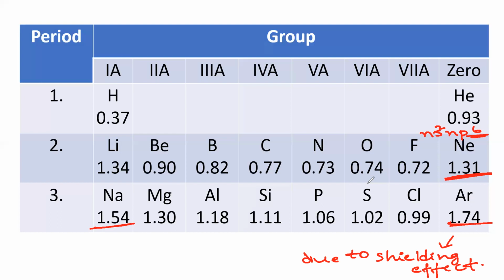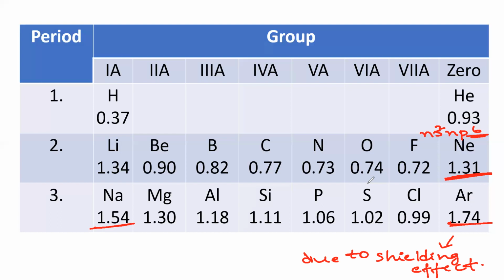because of high shielding effect. High shielding effect means an increase in shielding effect and less nuclear charge. So in the last case, the nuclear charge decreases and the shielding effect becomes more. If the shielding effect is more, the atomic size increases. If the nuclear charge is more, the atomic size decreases. These two points are very important. In the previous slide we discussed that point; again I'm repeating the same points.